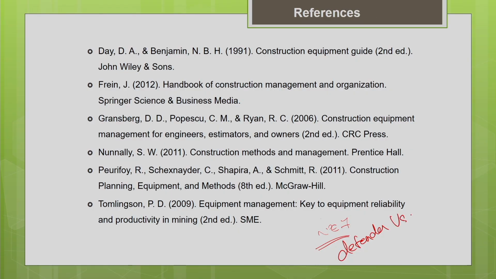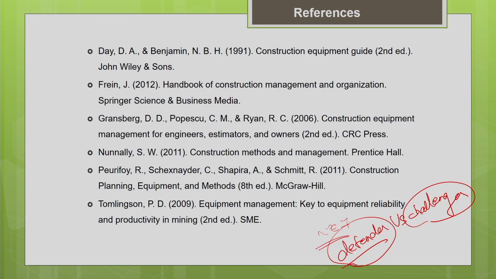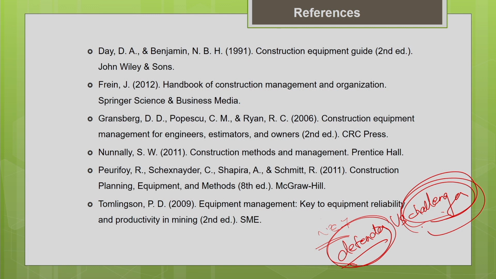In that, we will be discussing some more approaches, like how to compare the defender and the challenger. Hope you remember what a Defender and a Challenger are. The Defender is the current machine which you are possessing at your site, and the Challenger is your proposed machine which you are planning for replacement. Now that we have determined the optimum replacement time for the current machine, you have to see what is the best alternative available for replacement, and whether the Challenger is suitable for replacement or not. By comparing the costs of the Defender and the Challenger, we will decide whether the Challenger is suitable, and we will also see the optimum replacement of the Defender with the Challenger.